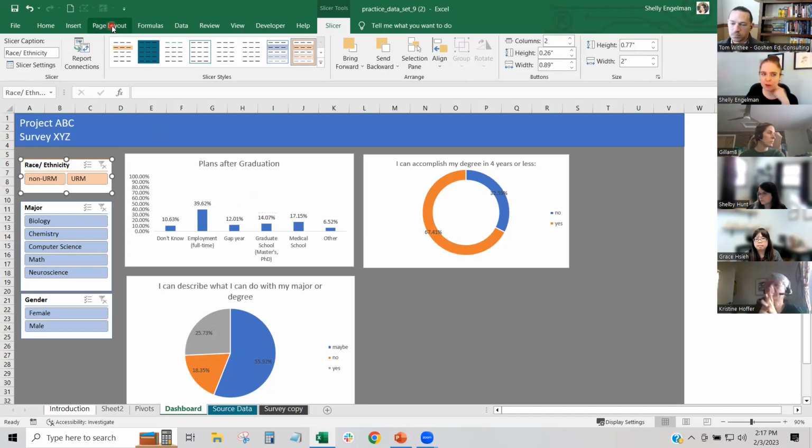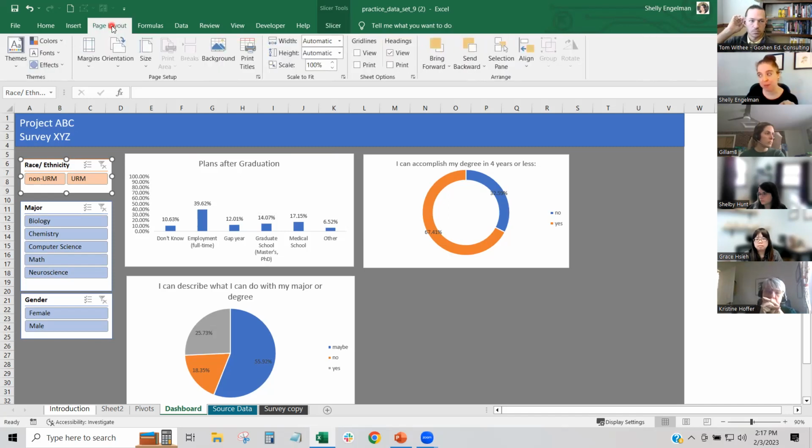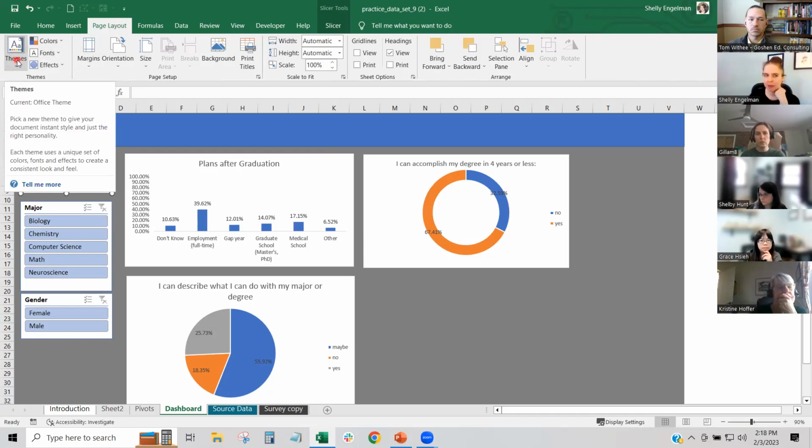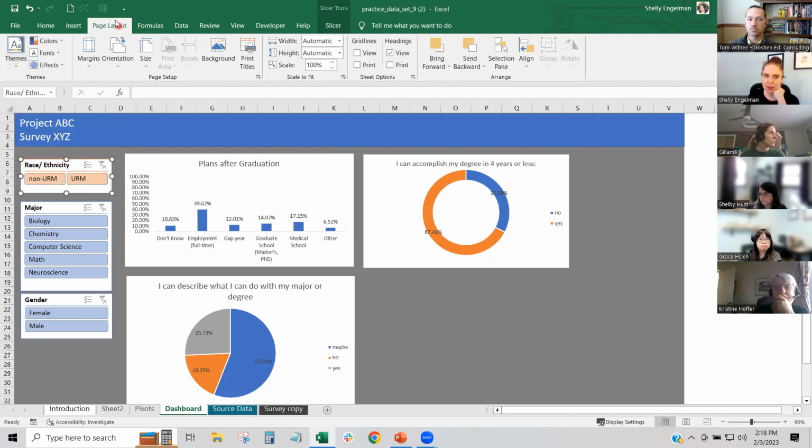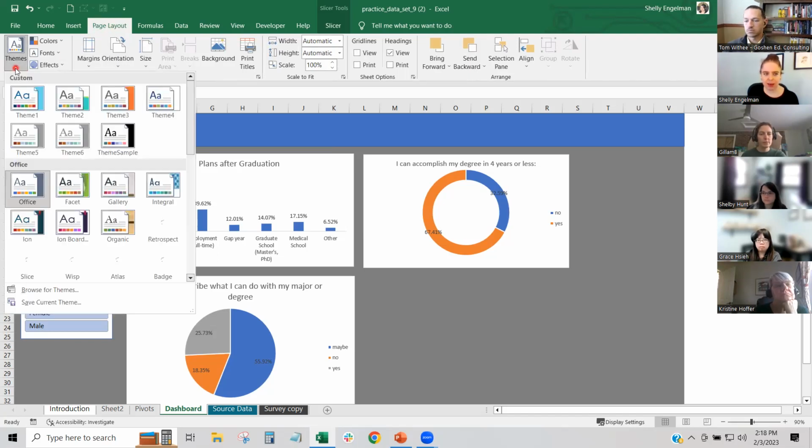I wanted to show you guys really quickly an underutilized feature of Excel. I think it's an underutilized feature, but I use it all the time because it saved me a ton of time. It's something called themes. Are you guys familiar with themes in Excel and Word? Themes exist in the Page Layout ribbon. So if you go to Page Layout, and then select Themes,